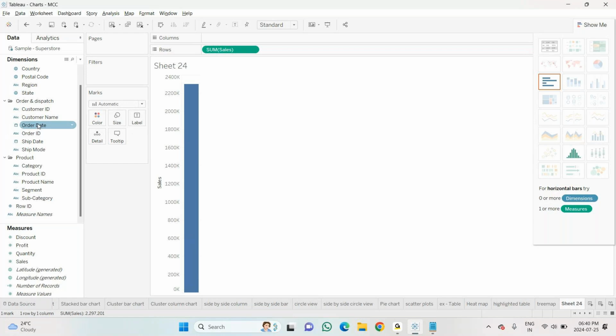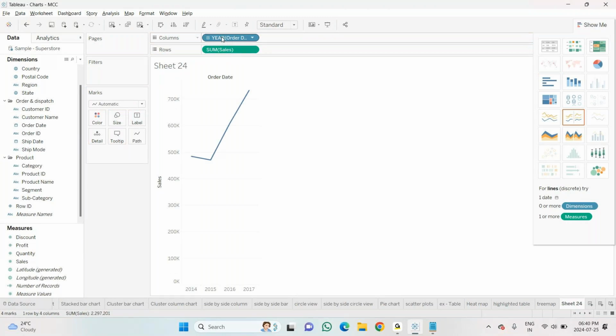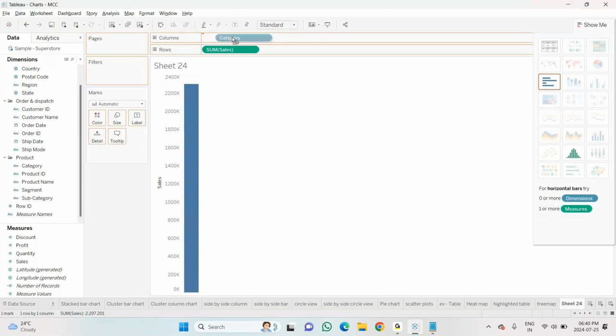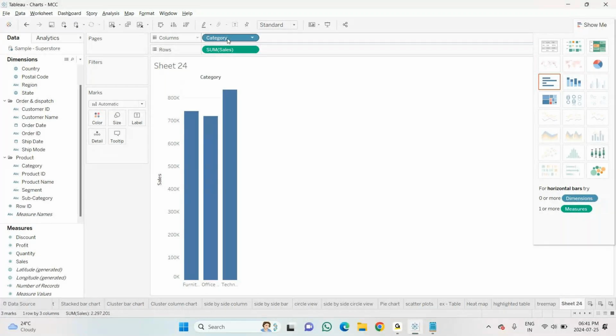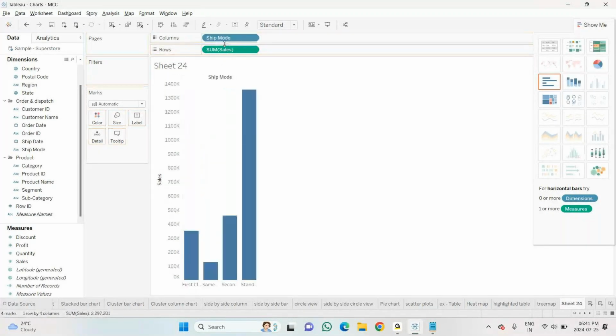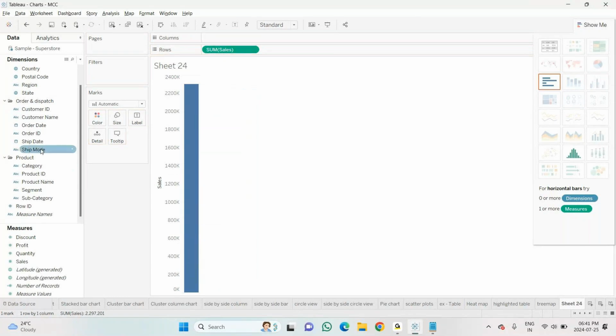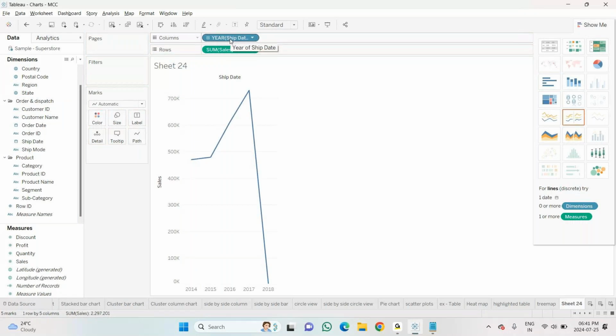As soon as I take the order date, I'm getting a plus mark here. I will remove this. I'm taking a category, I'm not getting that plus mark. I'm taking a ship mode. Whatever you take, you will not get that plus mark other than this date. Even now, if I take shipment date, then also I will be getting this plus. So this plus sign is what it shows me for the years 2014, 15, 16, 17 and 18. For these financial years, it is the sales that has happened.